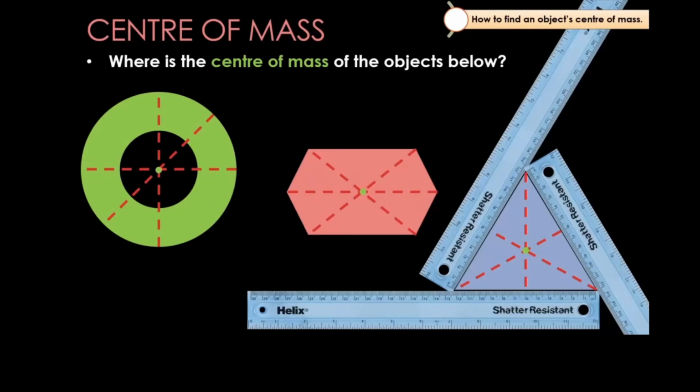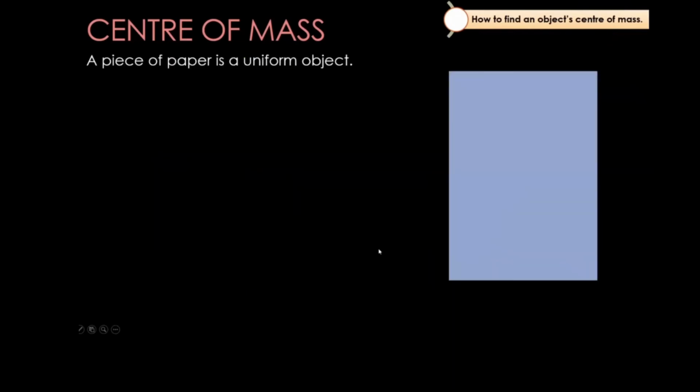It's close enough. Karan's saying that it doesn't quite touch 12 on the bottom ruler, and I think that's largely because of the way that I've put together the PowerPoint, but it's basically at 12. You get the idea. Okay, so a piece of paper, like an A4 piece of paper, like this one, is